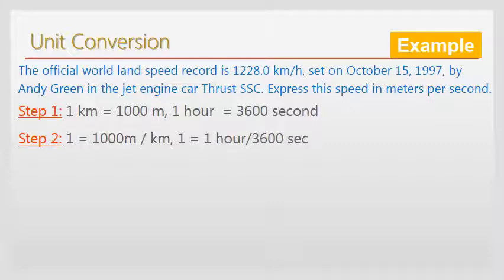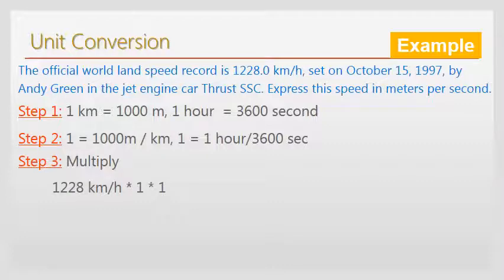Step 2, set 1 for each conversion factor. For the first one, 1 equals 1000 meter over kilometer, and for the time, 1 equals 1 hour over 3600 seconds. Then step 3, multiply